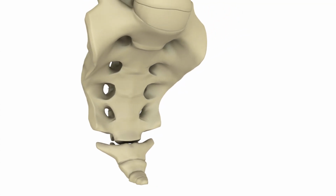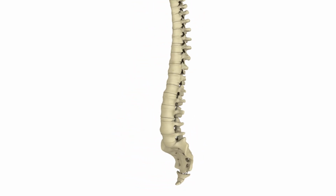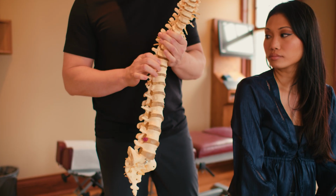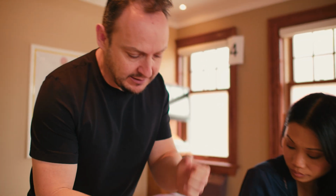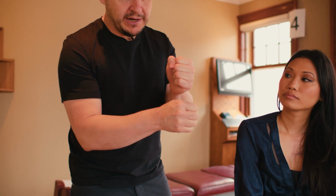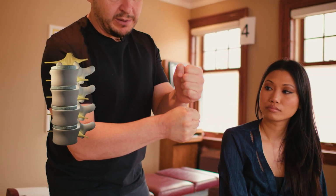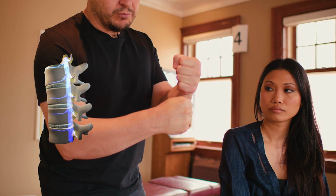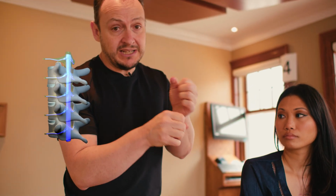So our spine is made up of 24 segments, 24 vertebrae, and each of these vertebrae has to be able to move properly. I'm going to demonstrate that with my hands. Let's pretend these are two vertebrae, and this is the front side of your body. The spine needs to be able to bend forward, that's called flexion, bend backward, extension, rotate, and side bend